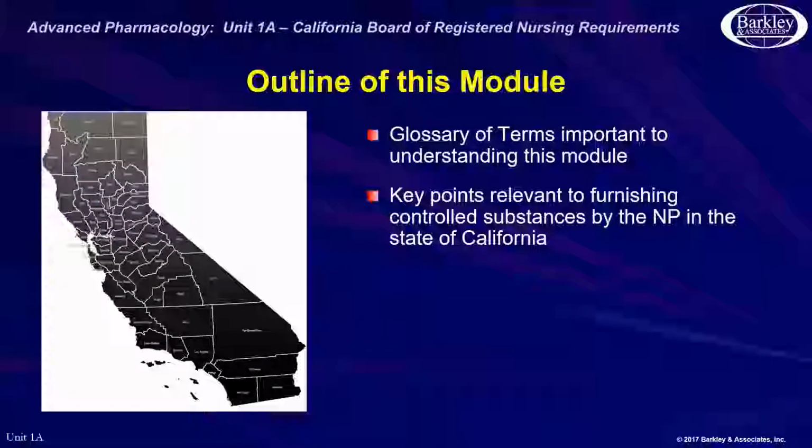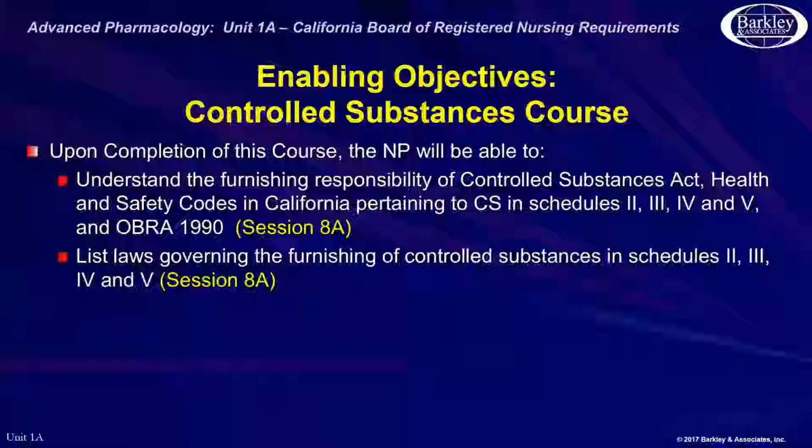In addition, there will be a glossary of terms important to understanding this module. We'll come to that glossary in a little bit, as well as key points relevant to furnishing controlled substances by the nurse practitioner in the state of California. With respect to other enabling objectives, upon completion of this course, the nurse practitioner will be able to understand